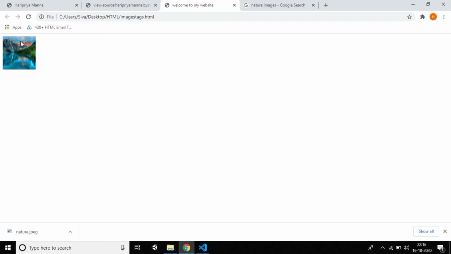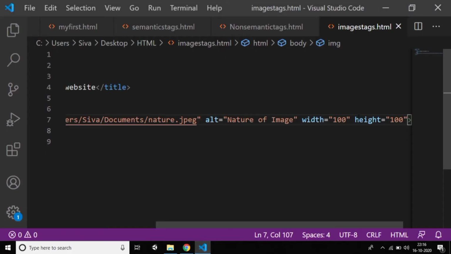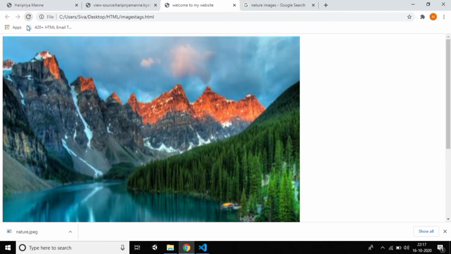If you want a big size, you can give 900 also. Just Ctrl+S and reload. Yes, it's a big image, 900 pixels, and you can see that there is not that much clarity, it's beyond the original size. So that is the way, if you want big sizes you can do.